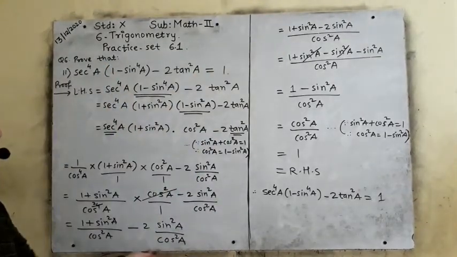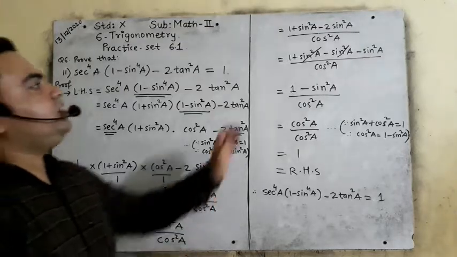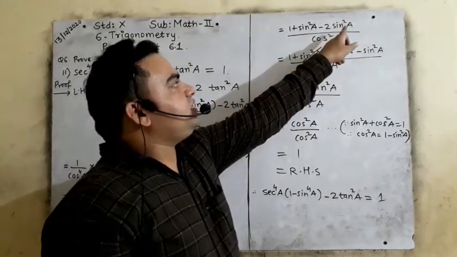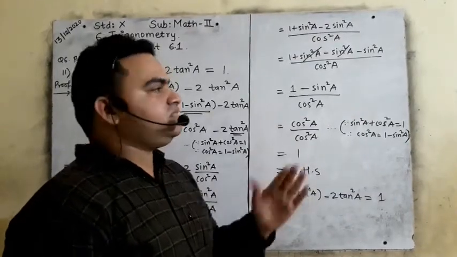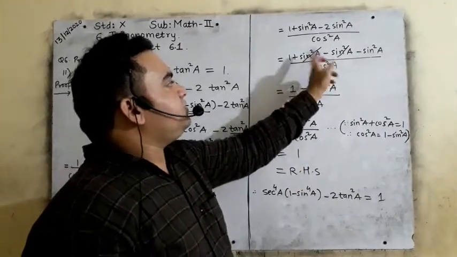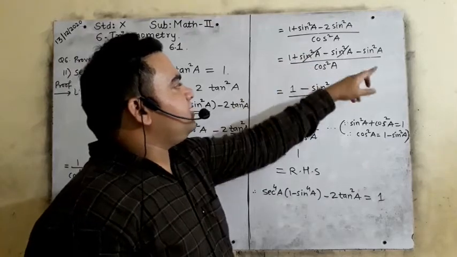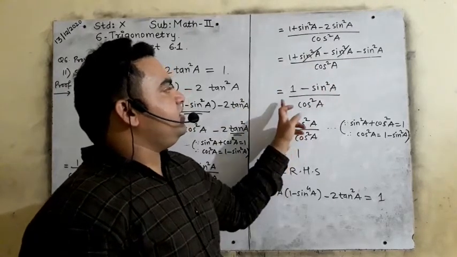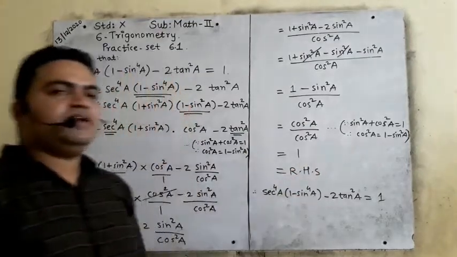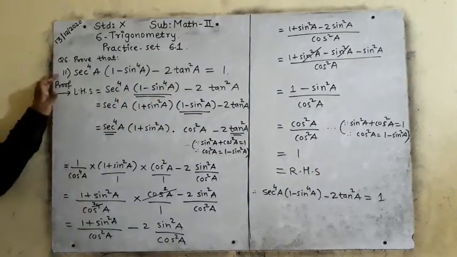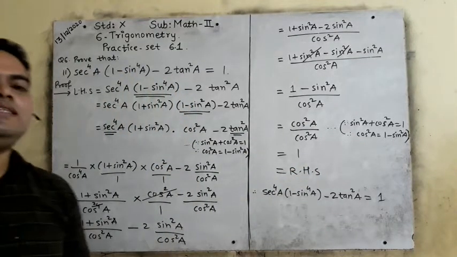Subtraction is possible because denominators are same. Then we will split here, minus 2 sin square theta we will open, it will be minus 1 sin square theta minus 1 sin square theta, plus minus will get cancelled. Here 1 minus sin square theta, sin square a will be left, in its place cos square a will come. Therefore the answer will come 1. I hope you understood the 11th sum. Now we will see the 12th sum.